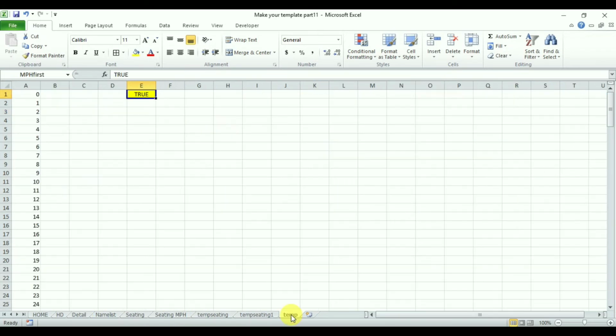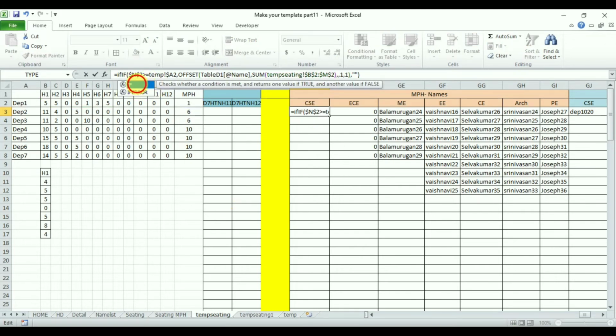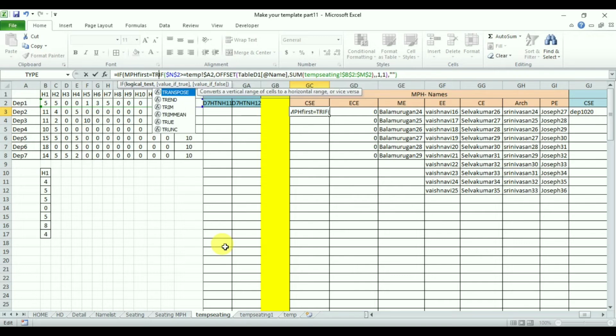In case of the multipurpose hall, if the value is true, then it must allocate first. But here it is 20, so I am going to change the formula. We want to change the formula in all the columns for all the departments. So let's start, starting from the IF formula, IF, and again applying AND, if MPH first is equal to true. So if the value is true, comma,